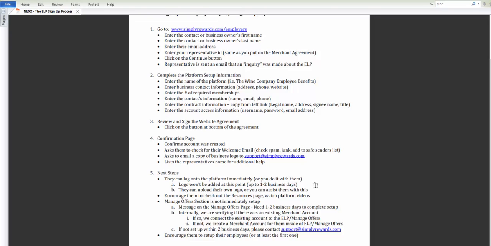Now the business owner can upload their own logo, or you can assist them with this. Now the reason that we recommend that they do log on is that we know that typically you're going to be there with them, walking them through this setup process. So if you do that, the next step could be to encourage them to check out the resources page, and they can watch all of the platform videos. We have the platform overview video, and we have a video on every one of the sections inside of the